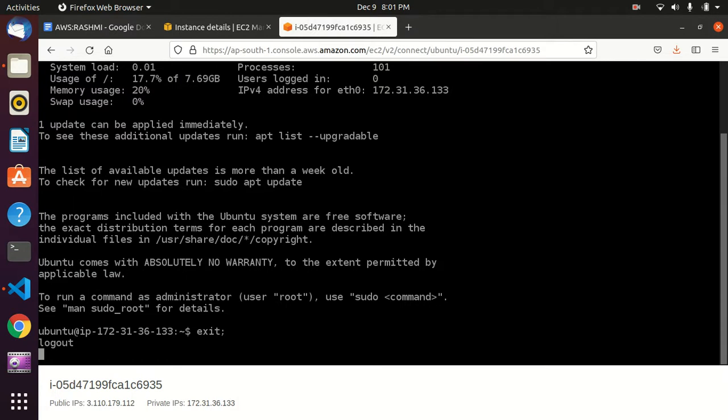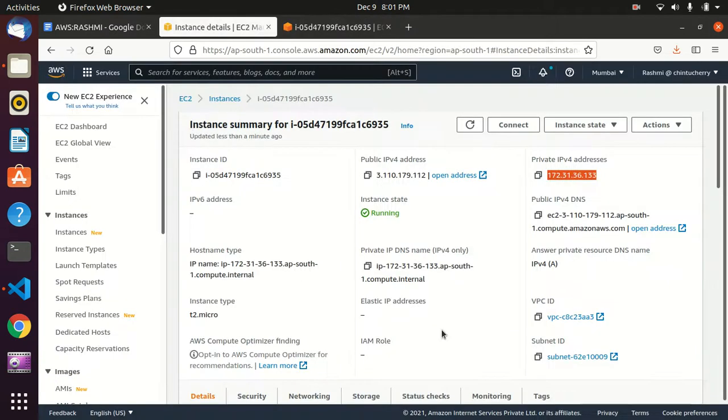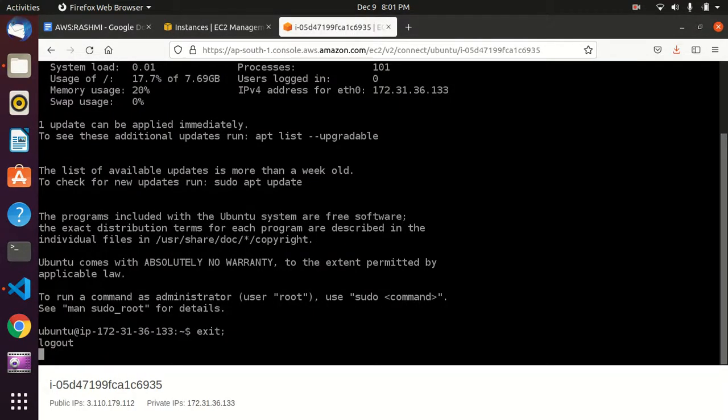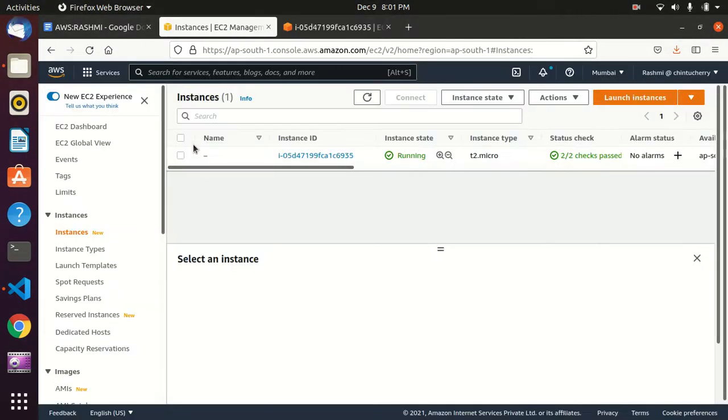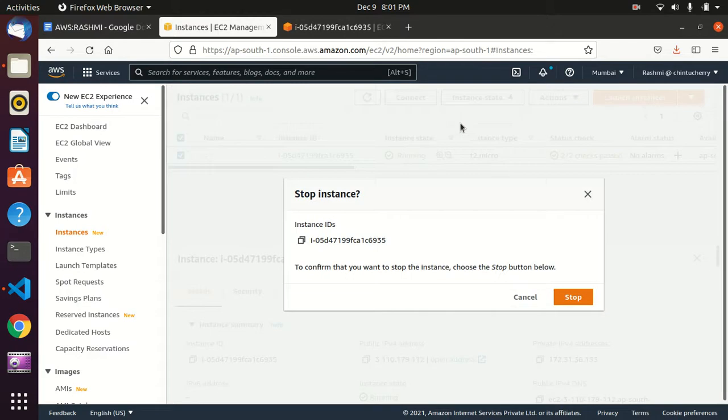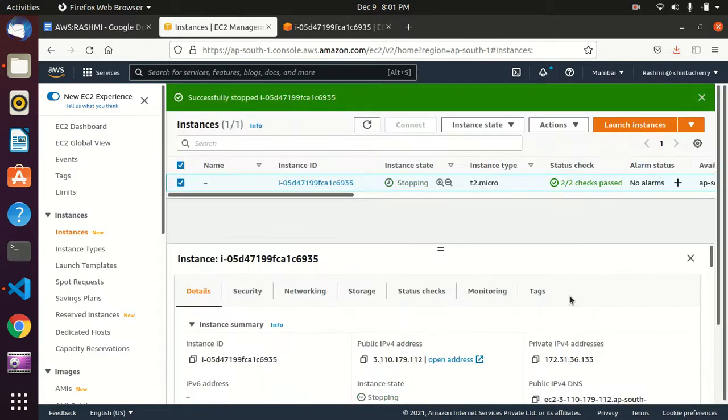Now you can go here, directly go to your instance, select it, and terminate it. Otherwise you will get charged for it as per your usage. So here in the instance state we will first stop the instance, and after it gets stopped we have to terminate the instance.